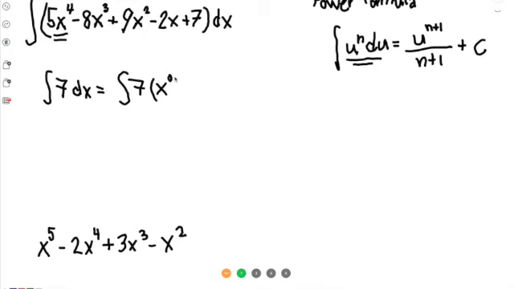Tama? dx. So now we can see that we can still use the power formula for this one. So theorem 2, ilabas yung constant and then integrate x to the 0 power dx, which gives us 7